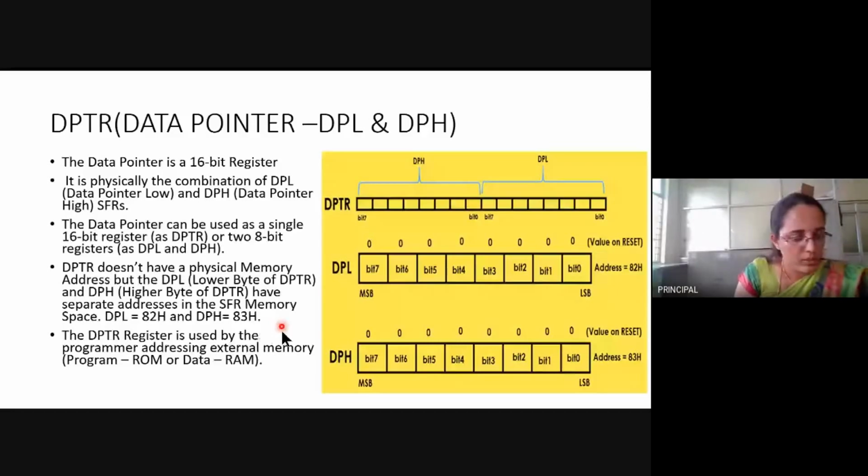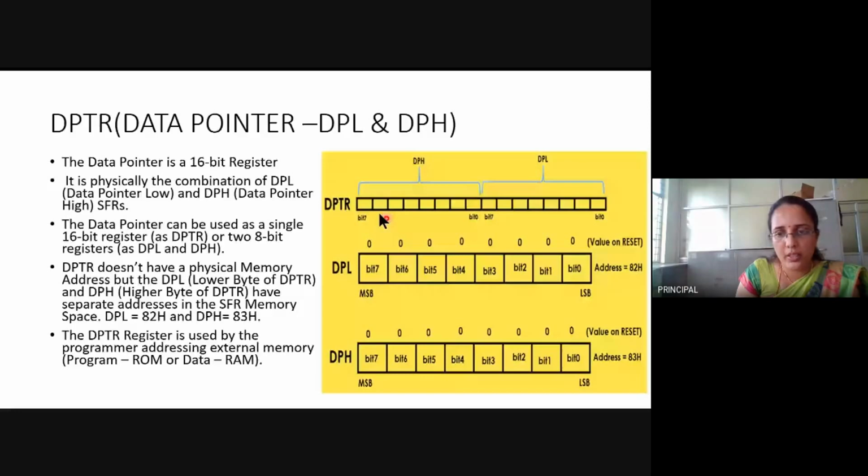The address is 82H for DPL and 83H for DPH. So the data pointer is a 16-bit register, DPL and DPH are 8-bit registers.